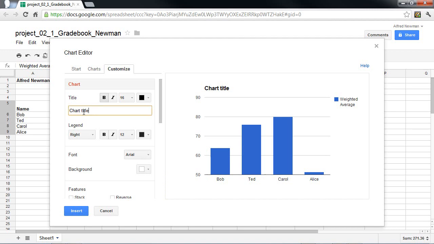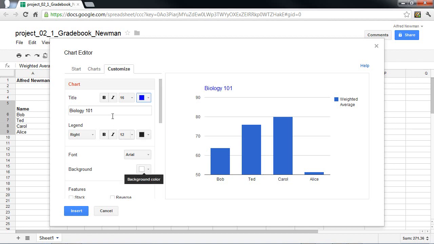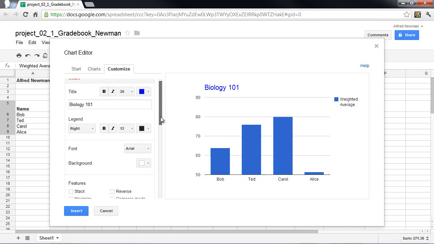So we'll begin with the chart title customization. You can entitle that with the name of the class, whatever it might be. I'm just calling this Biology 101. And you can boldface that and apply a color if you so choose. And you can make the font a little larger even. Let's then scroll down,